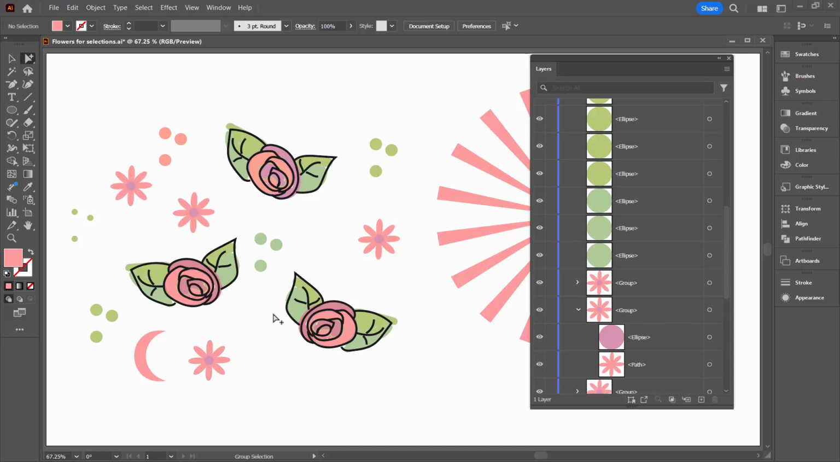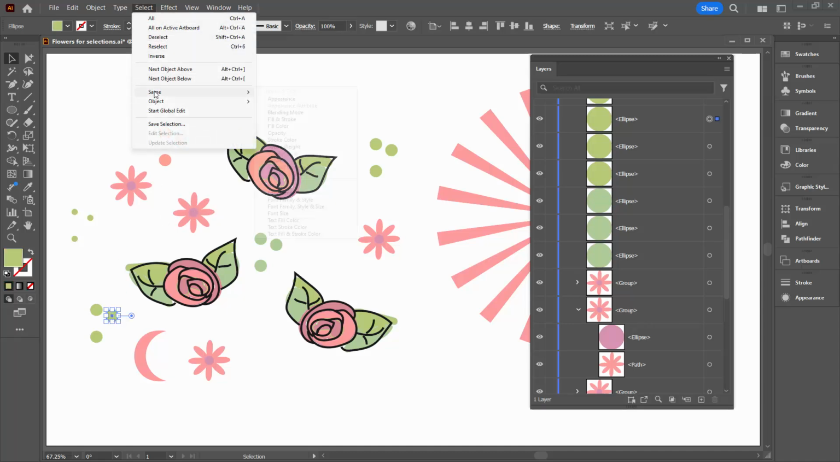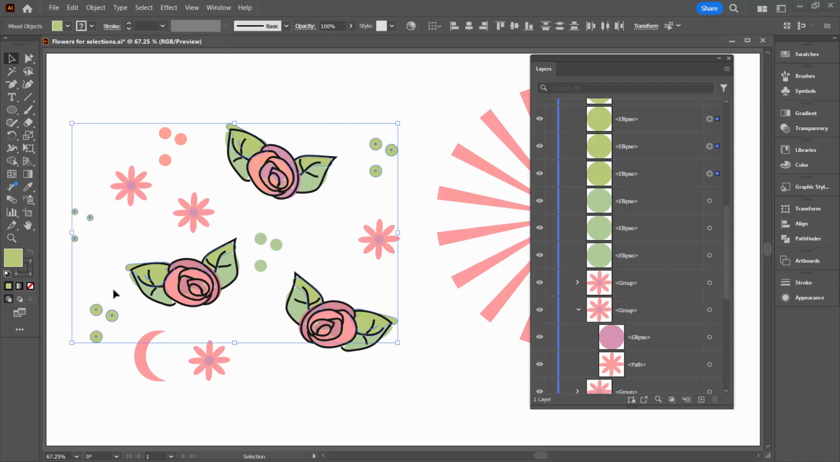There are also tools that allow us to select by color. So I'm just going to click on the selection tool. I'm going to select over this circle here, back to the Select menu, Same, and let's go down to Fill Color. And so now anything that is filled with this exact same color is now selected, which includes parts of the leaves of these flowers, these circles here, these circles here, these circles here, but not these. They're not the same green, and obviously other bits of these leaves are also not the same green,